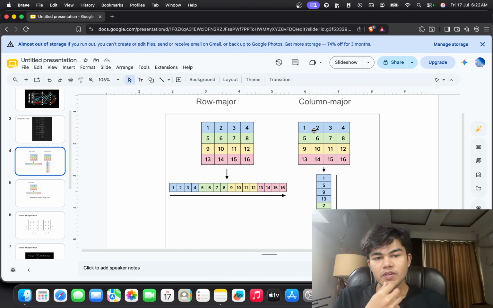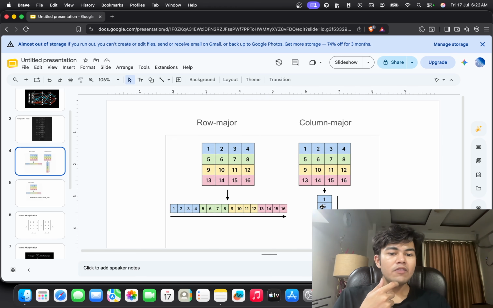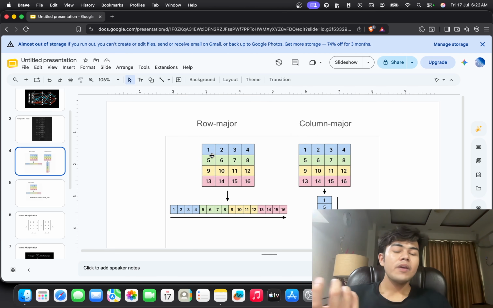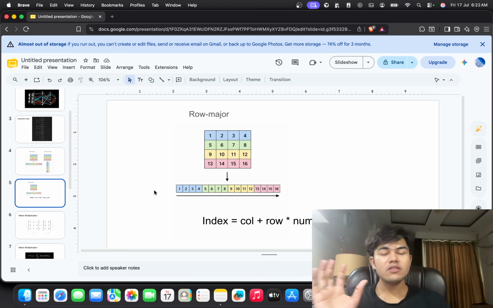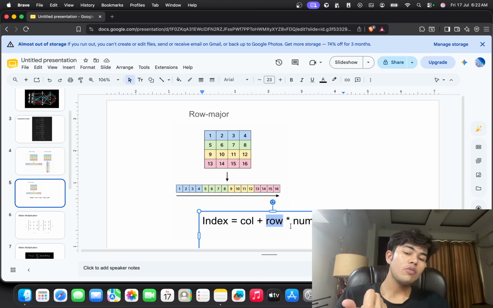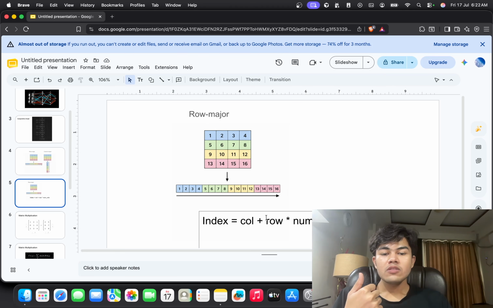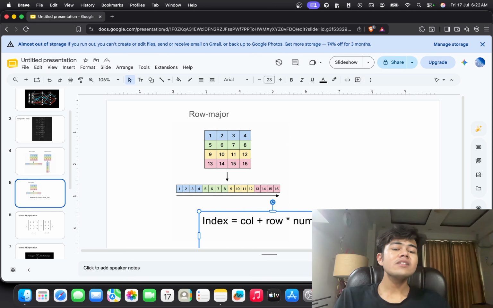And the column major will be, if you want to store with column major, it will be like 1 5 9 13, 2 6 10 like this. So here we are using row major. It has a formula to do the indexing, which is column plus row multiplied by number of columns. So row multiplied by number of columns will happen first, and then you just add the column. This is exactly like